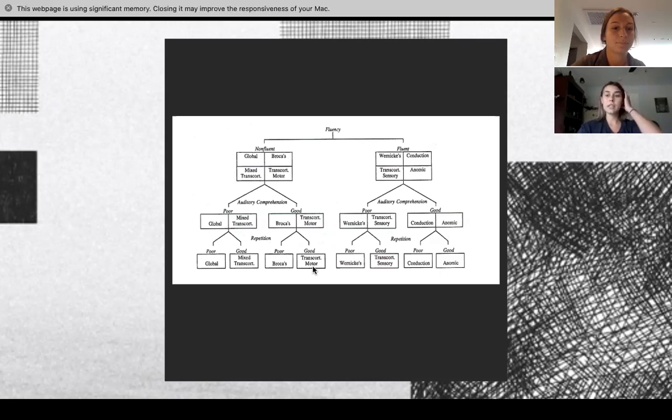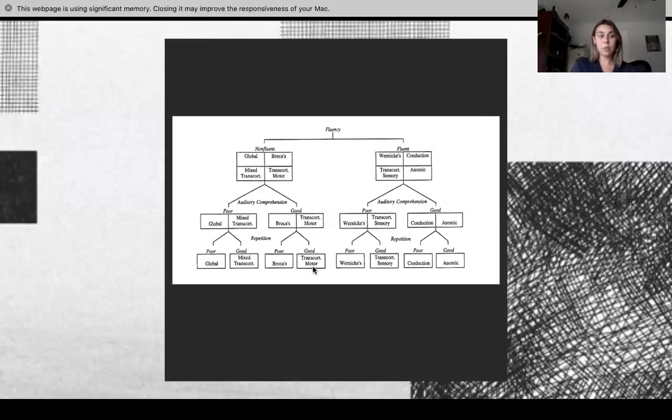Next, we are going to discuss fluent types of aphasia. Fluent aphasia is characterized by a smooth and normal rate of speech. A listener may believe the person with aphasia is speaking another language, but their speech is a combination of real and made-up words. People with fluent aphasia have trouble understanding language, reading, and writing. There are 4 types of aphasia that fall under this category of fluent, such as Wernicke's, conduction, transcortical sensory, and